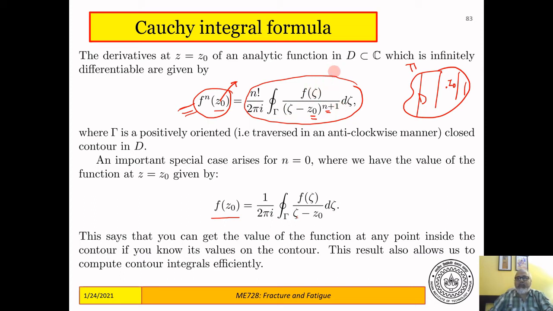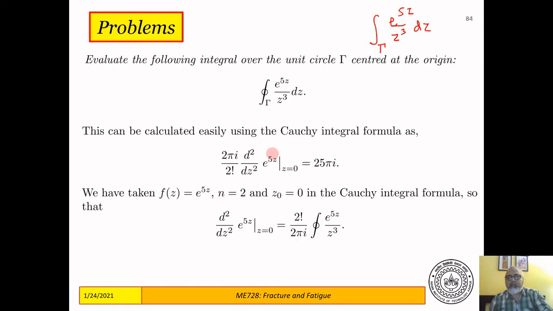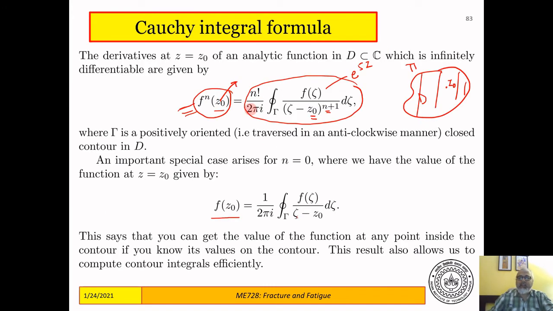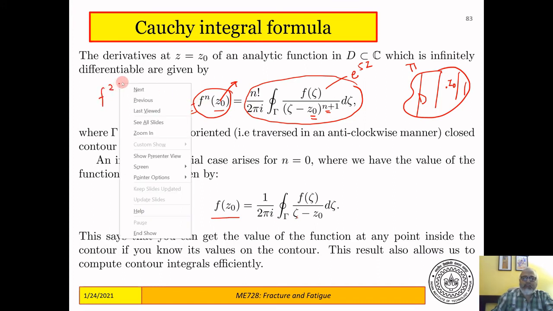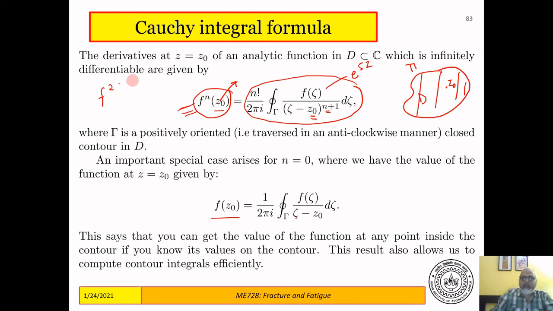Let's take f(z) to be e to the power 5z. If I do that, then the second derivative, f double prime, is